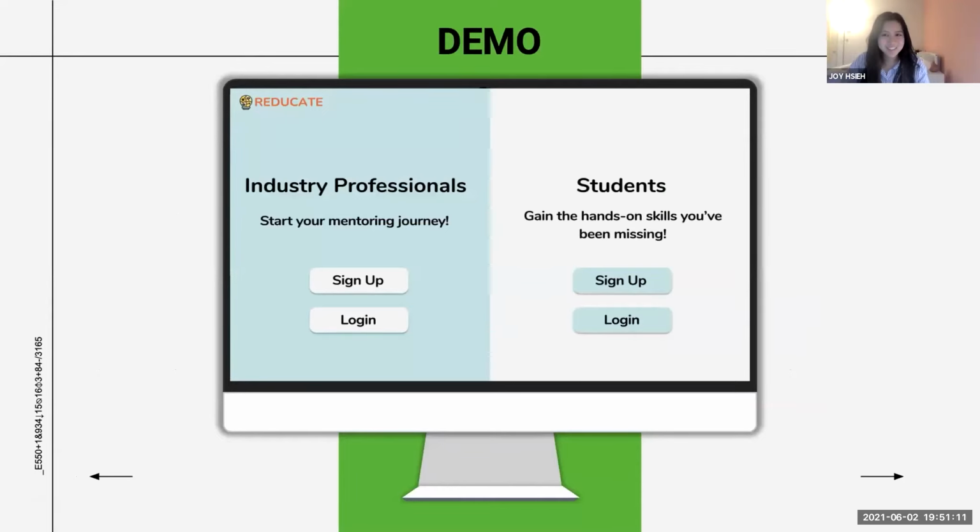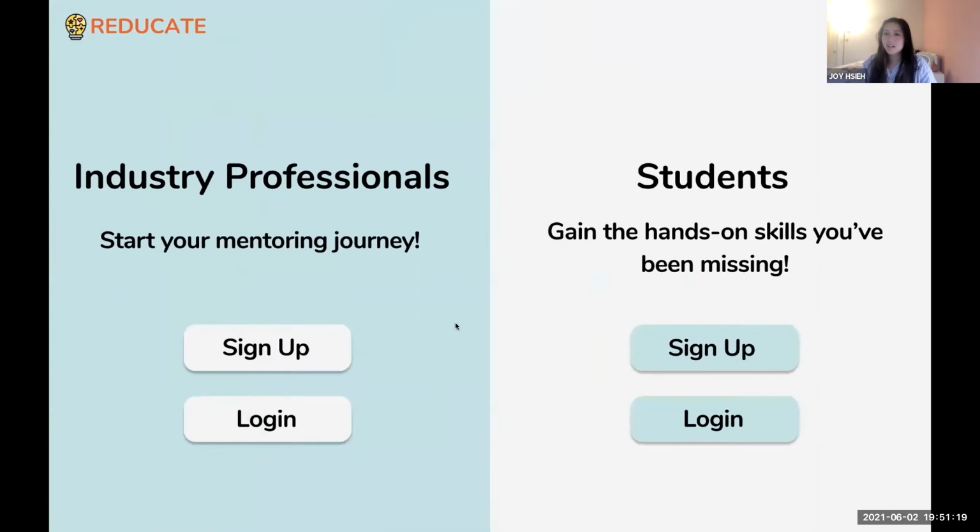Thank you, Haley, for introducing the features of our platform. Now we'd like to show you a prototype of Reducate so you can get a stronger sense of how it feels and what it does. So to start, we have dual login prompts for mentors and students. Since the student is the biggest focus of this product, we'll be walking through the prototype as a student. Clicking sign up